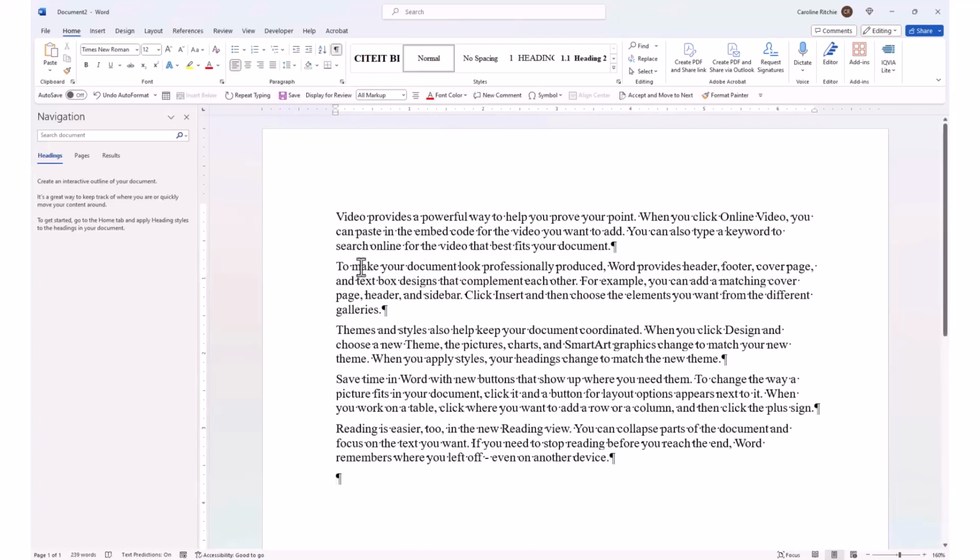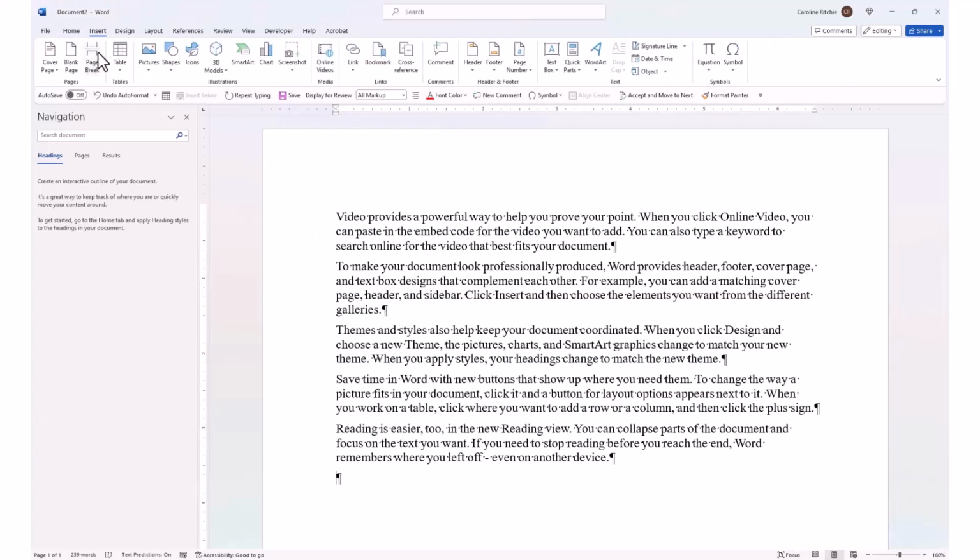Okay, so to insert a page break or a section break, you've probably seen this button here under the Insert tab, Page Break. I actually never use this button, and I'll show you what I do instead. You really should only insert a page break in a document when you have a good reason, not just to keep something on a separate page. In a separate video, I'll walk through that process. But to insert a page break, what I would typically do is, if I have a reason,